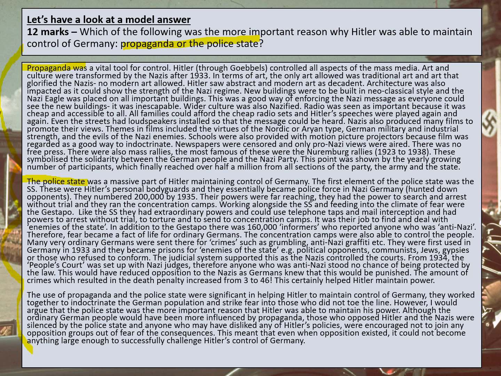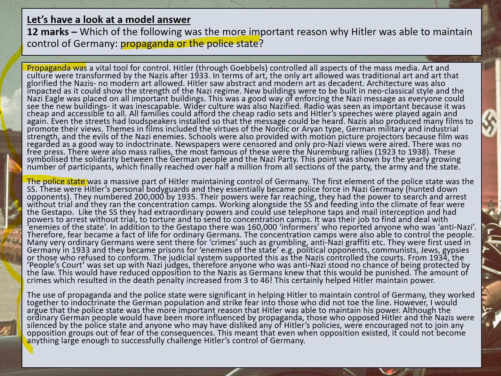The use of propaganda and the police state was significant in helping Hitler to maintain control of Germany. They worked together to indoctrinate the German population and strike fear into those who did not toe the line. However, I would argue that the police state was the more important reason that Hitler was able to maintain his power. Although the ordinary German people would have been more influenced by propaganda, those who opposed Hitler and the Nazis were silenced by the police state,